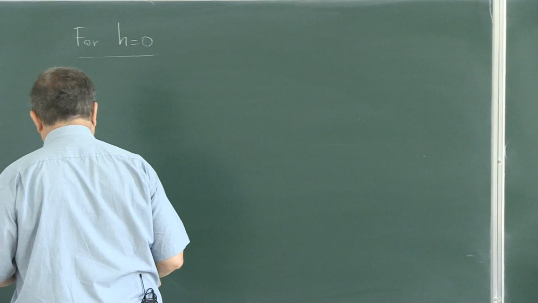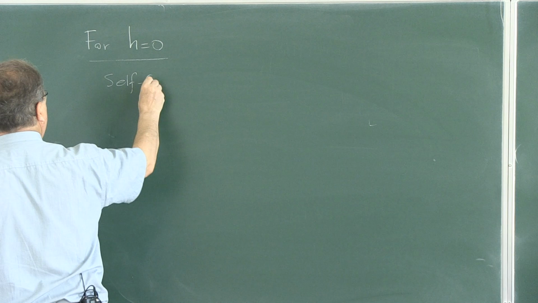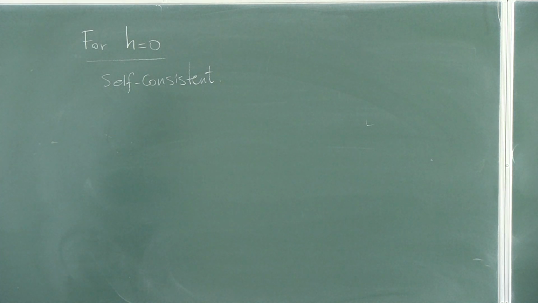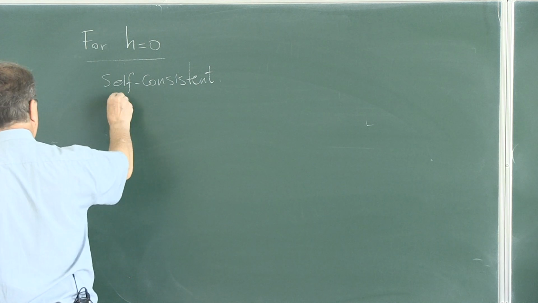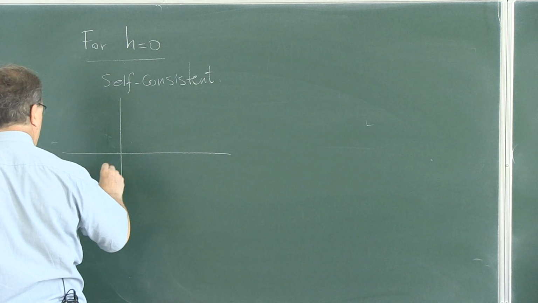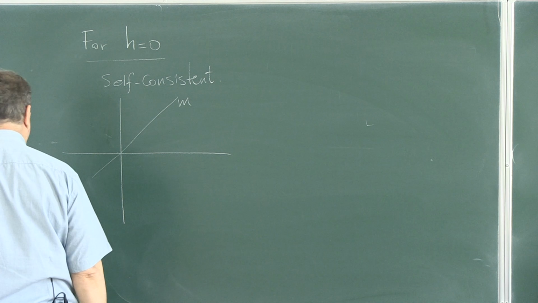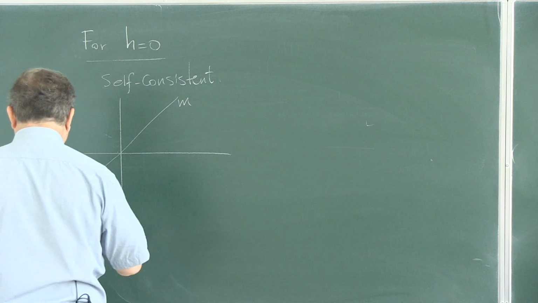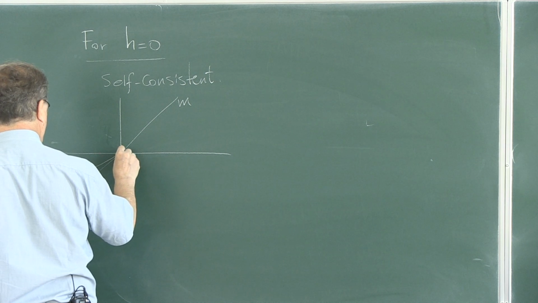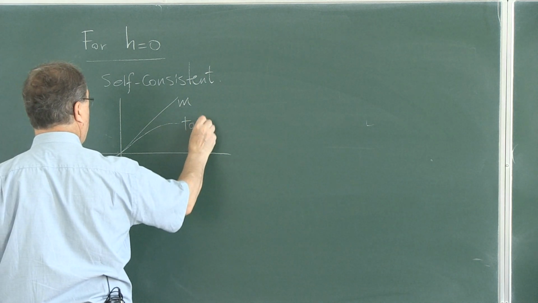So it must be a self-consistent solution because both sides have m. A graphical approach tells you the following. Well, m is just a line going through the origin. Tangent hyperbolic is something like this. Well, it goes like this, isn't it? That is tangent hyperbolic